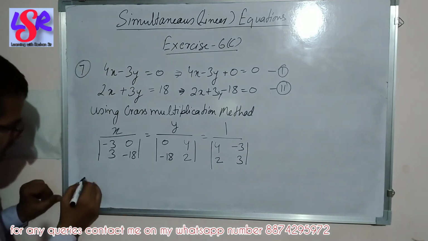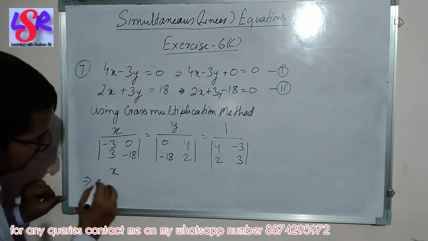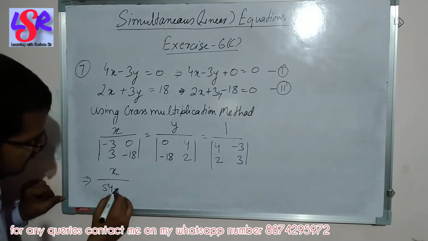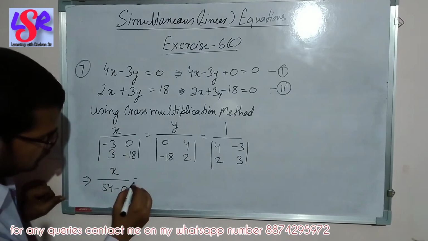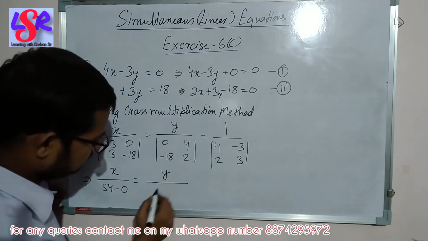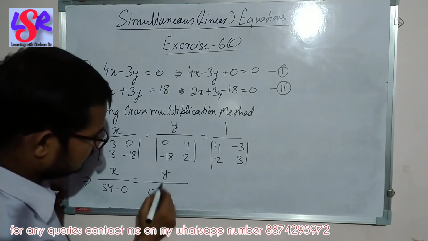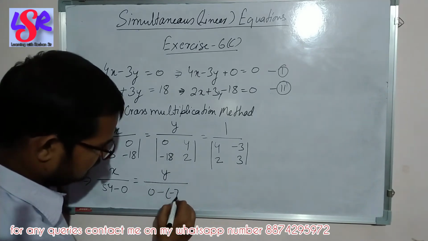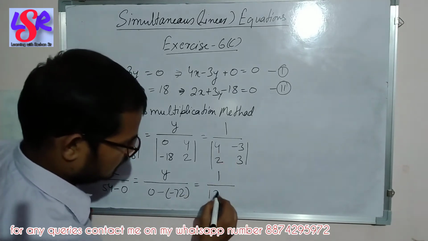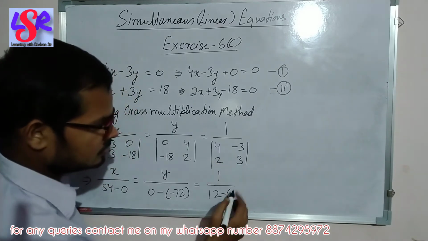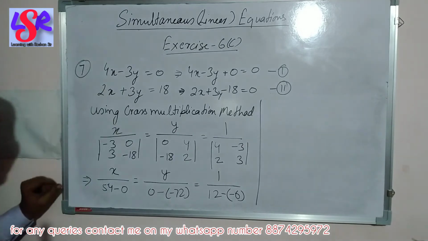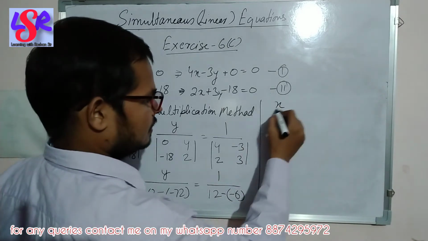Now we are going to solve this. So x upon minus 3 into minus 18, that is 54, and minus 3 zeros are 0, equals to 2 into 0, that is 0, and minus 18 fours are 72. So minus 72 equals to 1 upon 4 3s are 12, and minus 3 2s are 6 in a minus sign. Now on solving these two, we get x upon